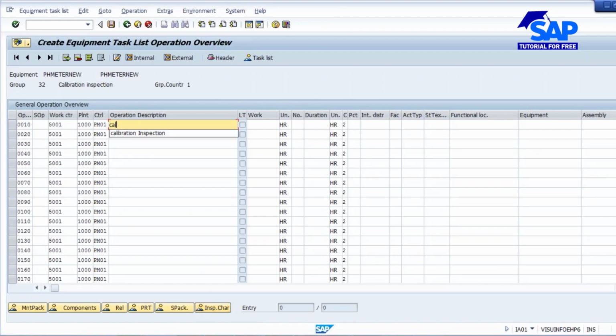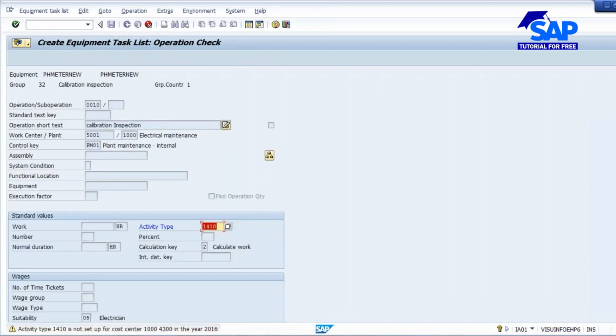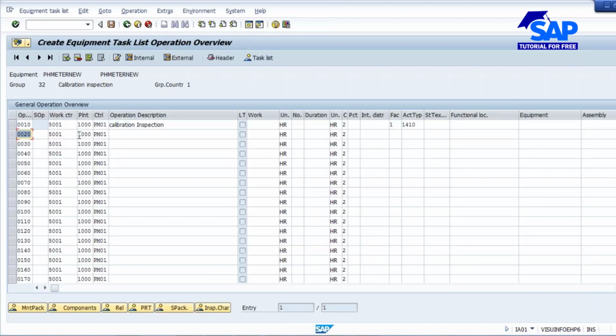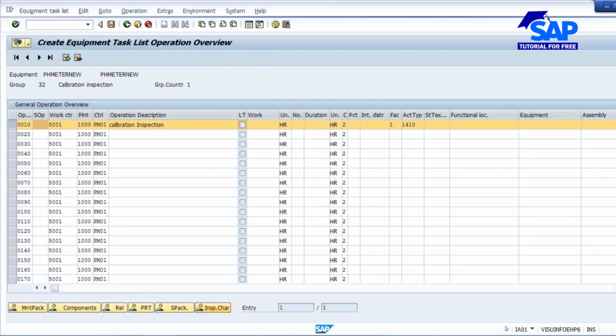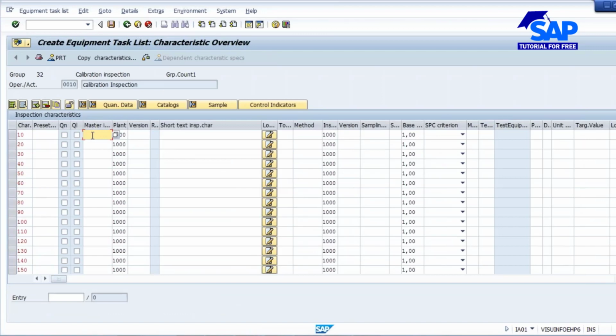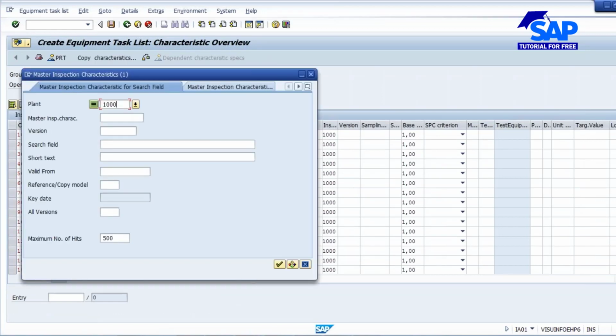So I enter only one operation, calibration inspection. Enter. Okay, not a problem. Now take the operation. You will be assigning the characteristics. What characteristics do you want to check during this calibration inspection? So you click on the inspection characteristics button. Now you enter the characteristic over here. I'll enter the characteristics which are already there in the system.